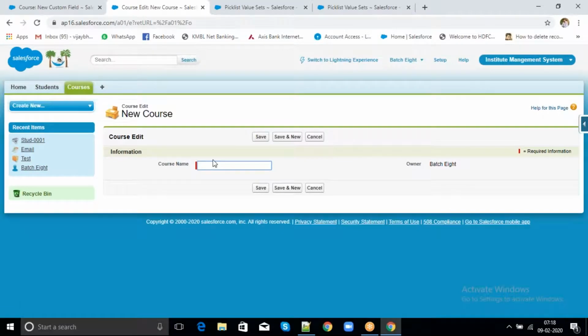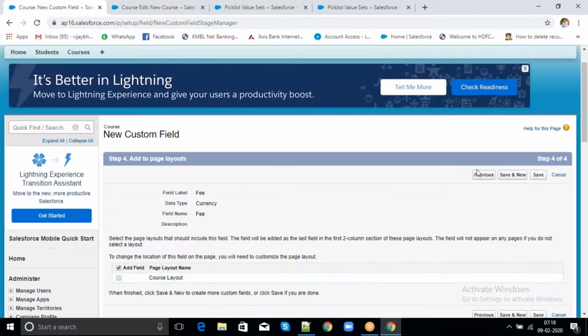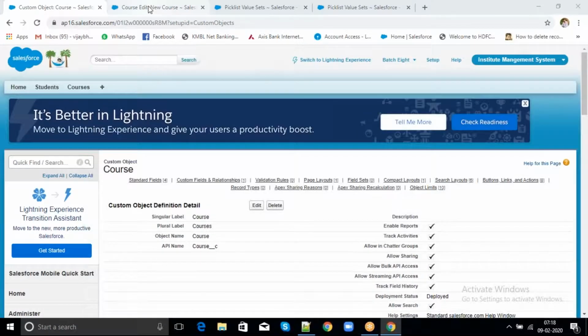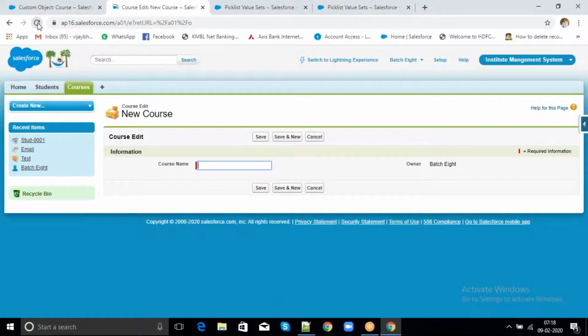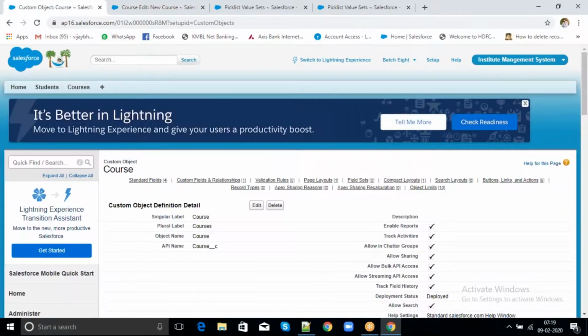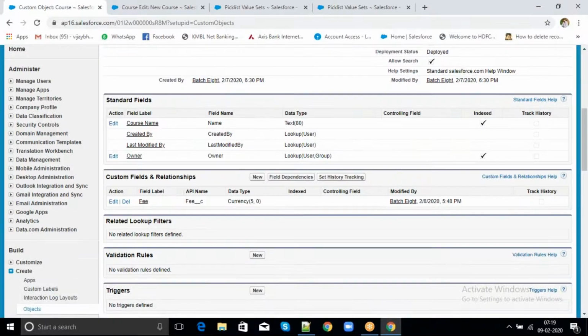So we have to go to edit layout and add the field. Yesterday we added it in the related list, right? Click on save. Now if I refresh this page, see, fee is not displayed, but the custom field is displayed.